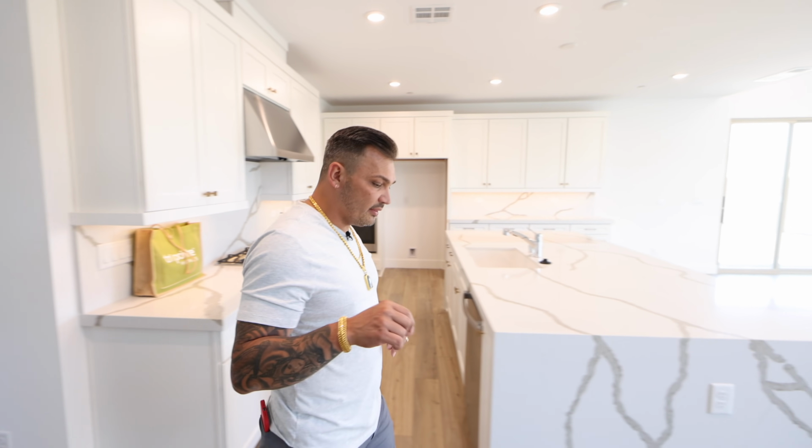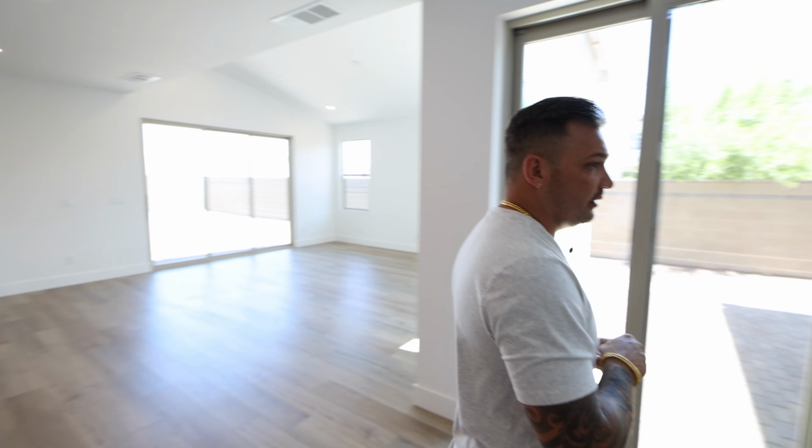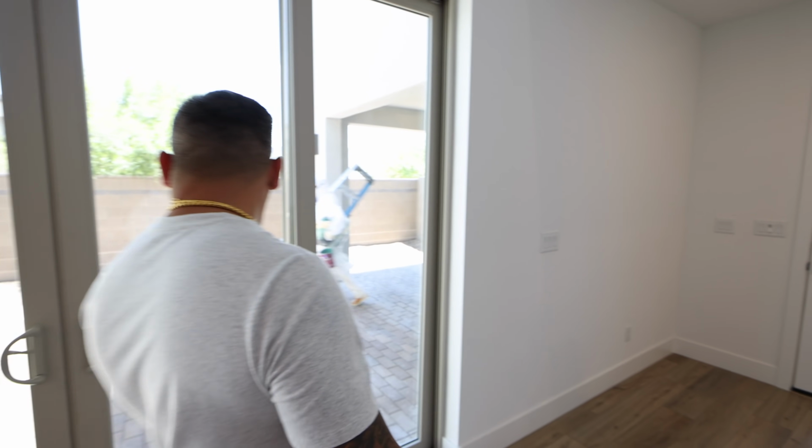Same thing on the other side too as well. Now, what I like about this home, right, this is a 4-bedroom home. You have the primary upstairs with the balcony. You also have 2 bedrooms separate. Then you have the loft, and you have a suite downstairs. So let's go take a look at this, okay? Oh, before we do that,